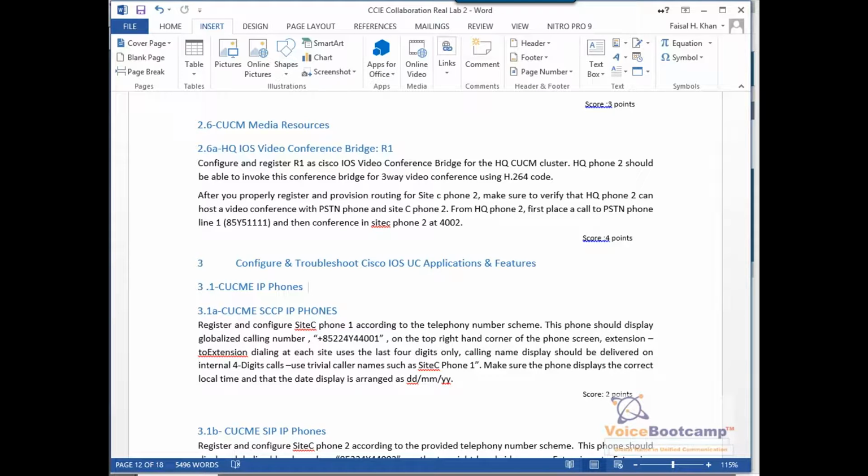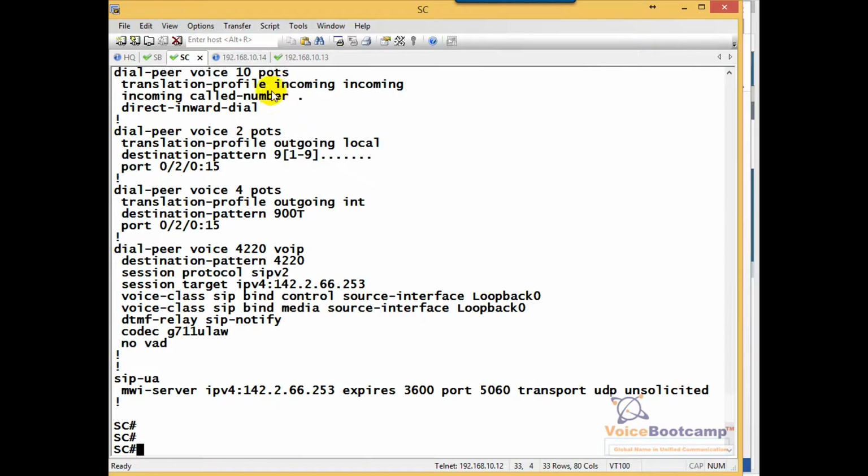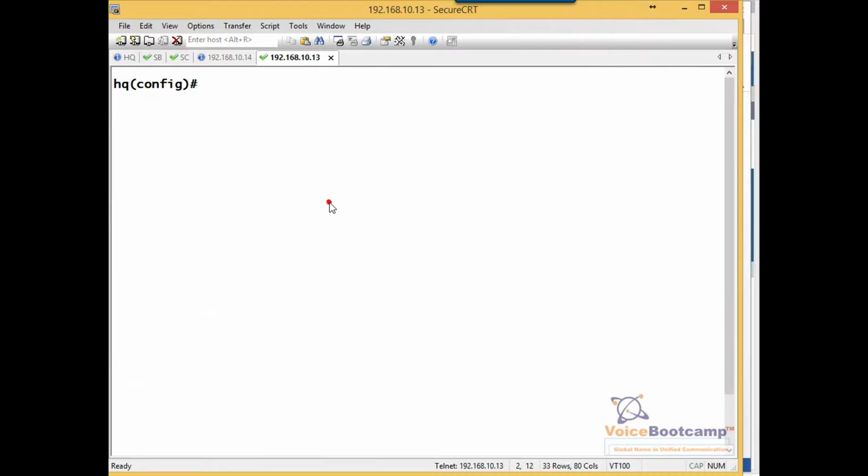Now in order to configure this, the first thing we need to do is configure a video conferencing on our HQ router. So first things first,